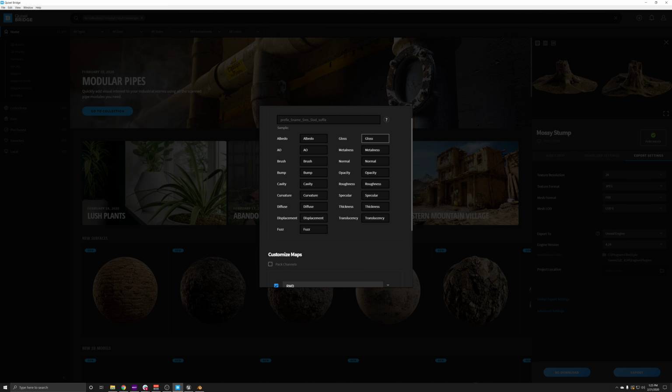And here is the area where, if you want to rename the texture suffix to something other than albedo, you're more than welcome to do so. If you are having a little trouble doing that and you need more information on how, there's this little question mark icon here that'll pretty much walk you through step by step. So they've pretty much guided your hand into this process.